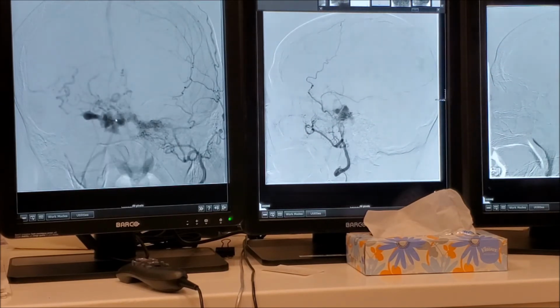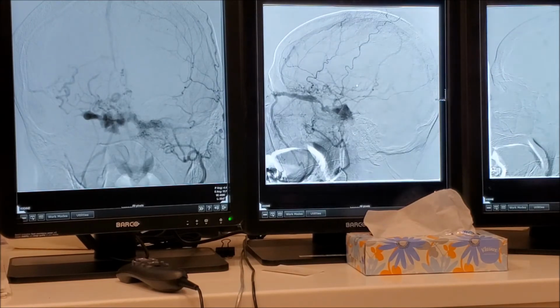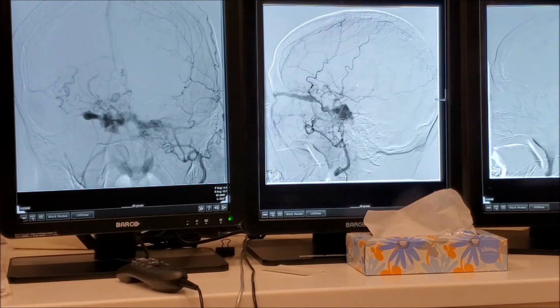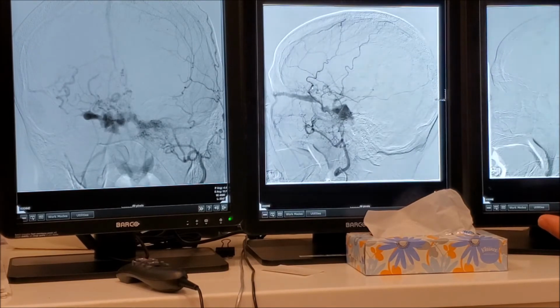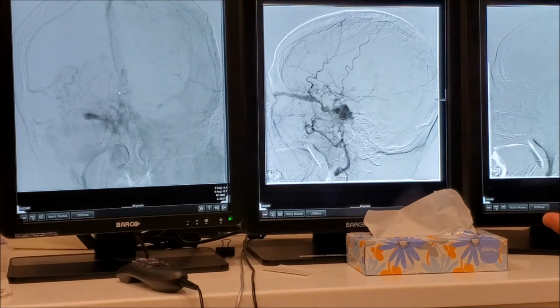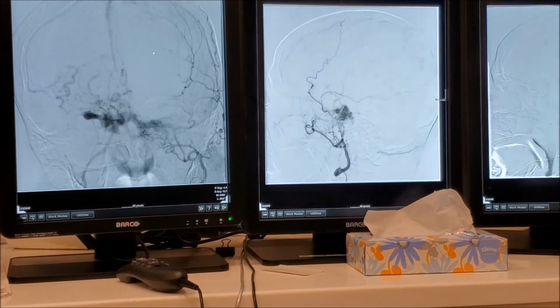Nice case. Now there is something here that I haven't figured out. I have the superior sagittal sinus here. How did it fill? I am a little concerned there may be another fistula. I see the superior sagittal sinus, right? So now, did it fill from these cortical veins? There's also some anastomotic vein on the lateral right.